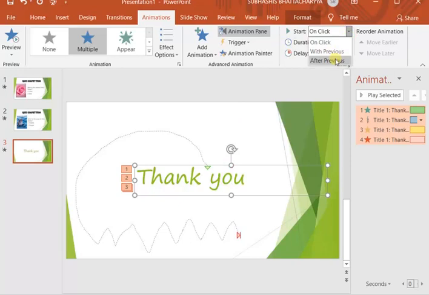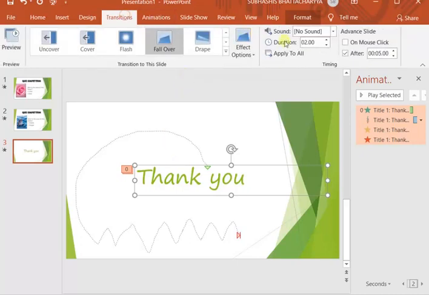And give it after previous. So automatically these things will happen. Otherwise, every time you have to click, then only each animation will occur. So as I have given after previous, all have become 0. So now automatically they will happen without the help of mouse click. And in transition also, it is already automatic, apply to all has been done.